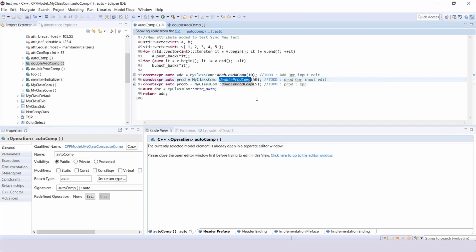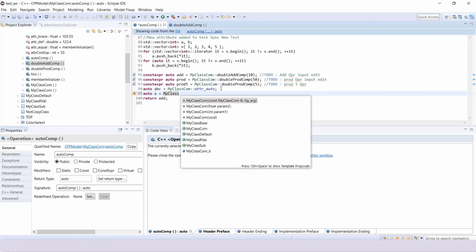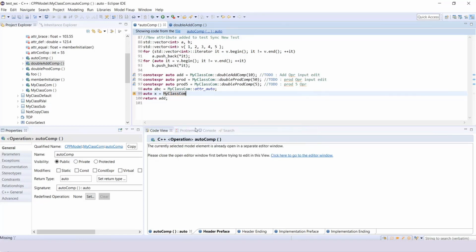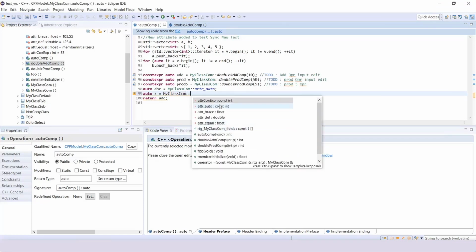Moreover, the code editor also provides us with full content assist. For example, I use auto x equal to my class. I don't type the entire thing from my keyboard; rather I use control plus space. Once I do control plus space, you see the recommendation for my class com, and I use the double colon.